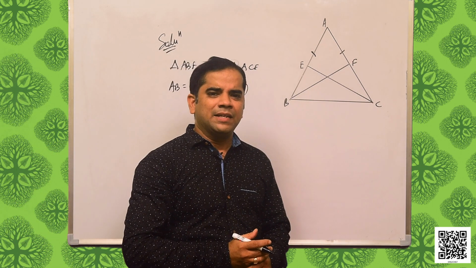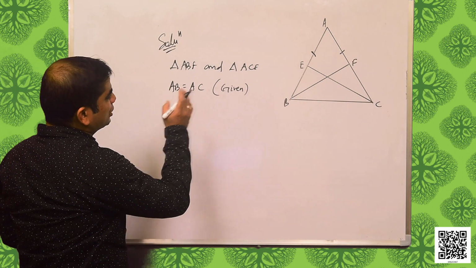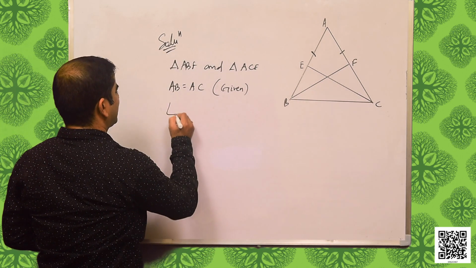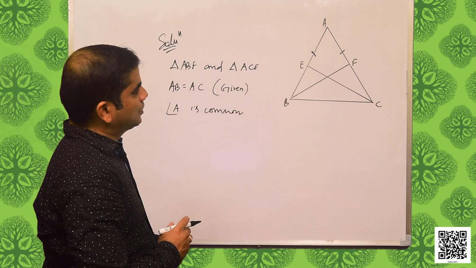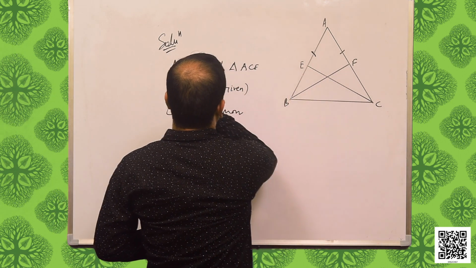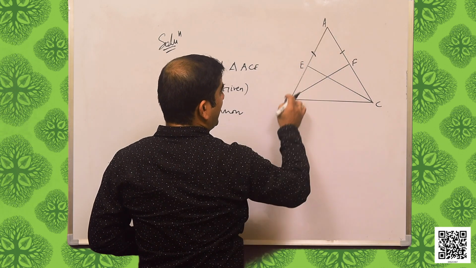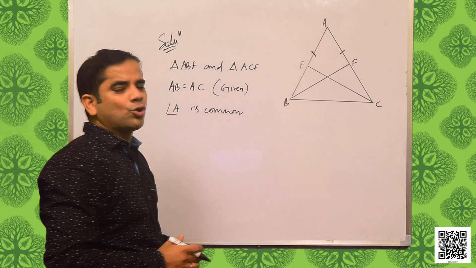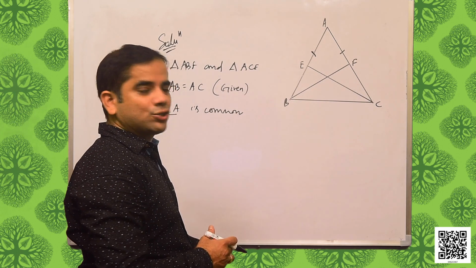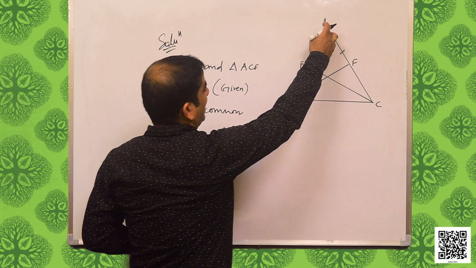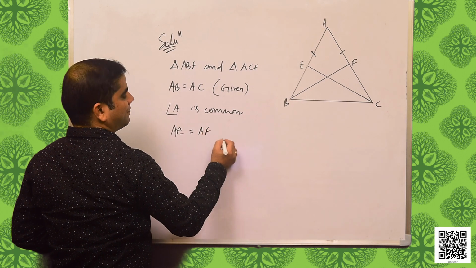Fine. And if AB is equal to AC, what else is there? In these two triangles, angle A is a common angle. So, in these two triangles, triangle ABF and ACE, AB is equal to AC and angle A is common. So, now we have two data. Okay. What else can we find from these two triangles? That AE is equal to AF, because